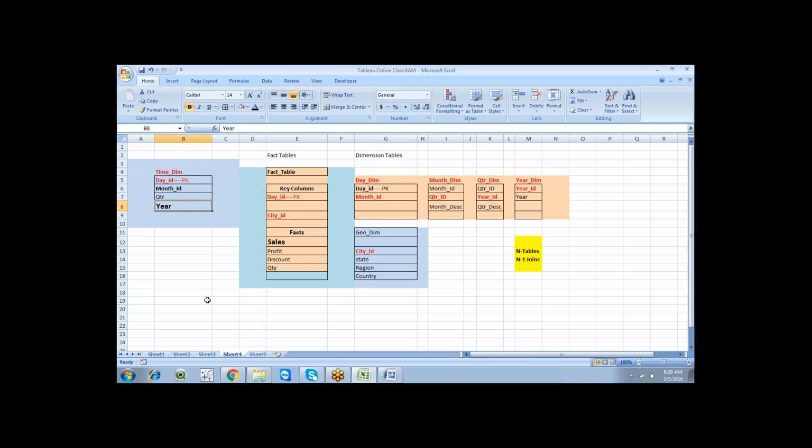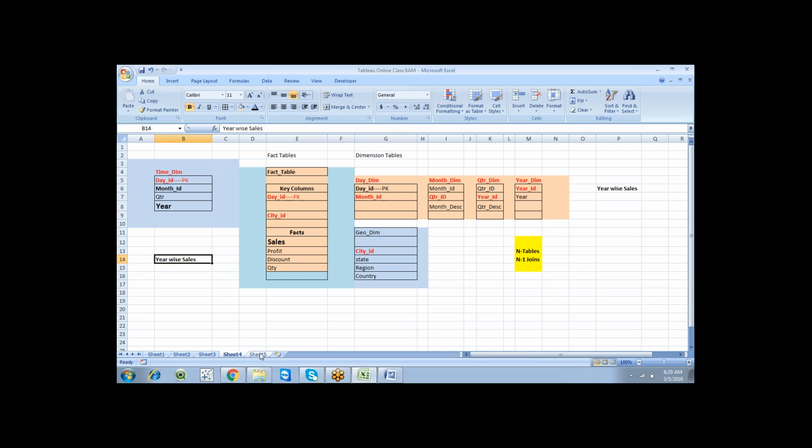I need year-wise sales here, and year-wise sales here as well. This is the snowflake schema year-wise sales, and this is the star schema year-wise sales.